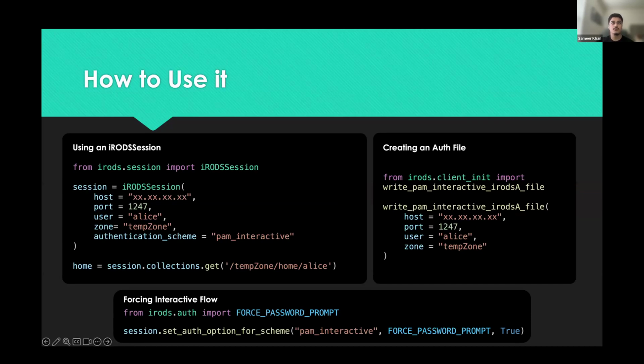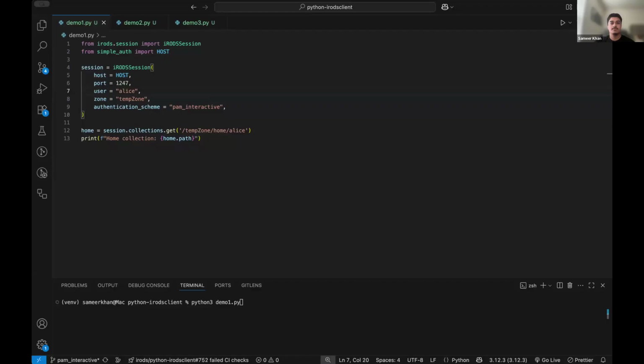And I'll quickly go over how to use this with a quick demo. Okay, so this is the first demo. So this is just the simple session object creation. We have a simple iRODS session object. We're specifying PAM interactive, and then we're going to access the home collection. So if I run this, you'll see I'm asked for the password, and when I'm typing, it's not being shown because it is a password field. So when I click enter,